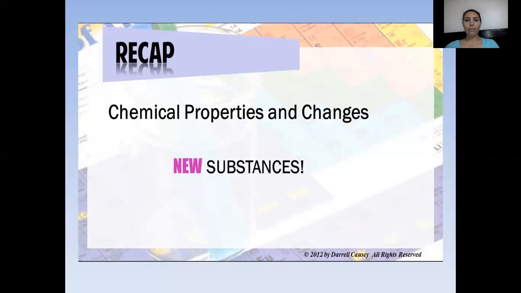The big key concept here is that in order for it to be a physical change and physical property, it will involve no new substances. But if it is a chemical property or change, you're going to have new substances. And it's important that we understand these as we begin to talk about phase changes and energy transfer or thermodynamics